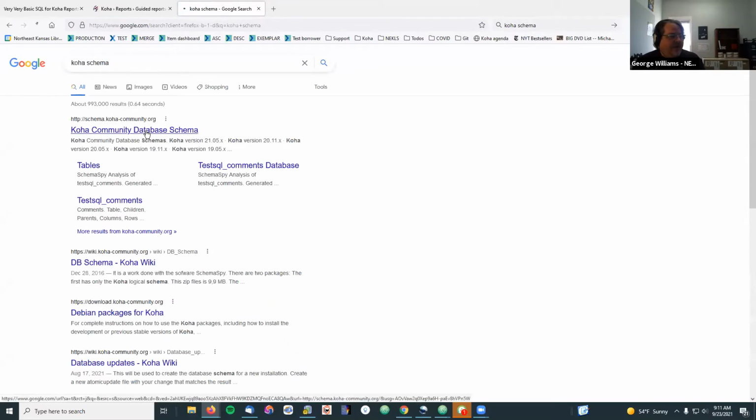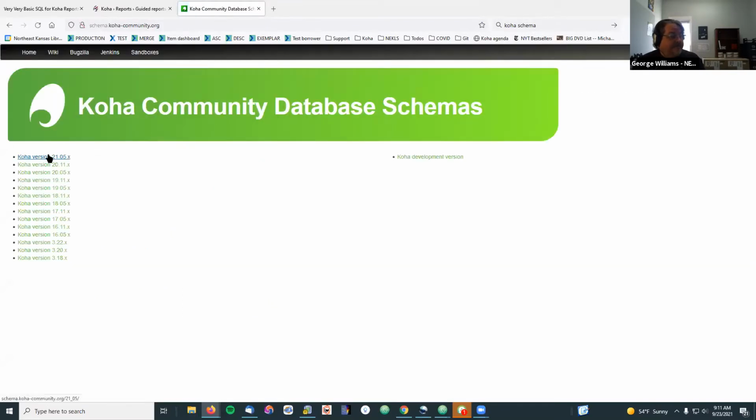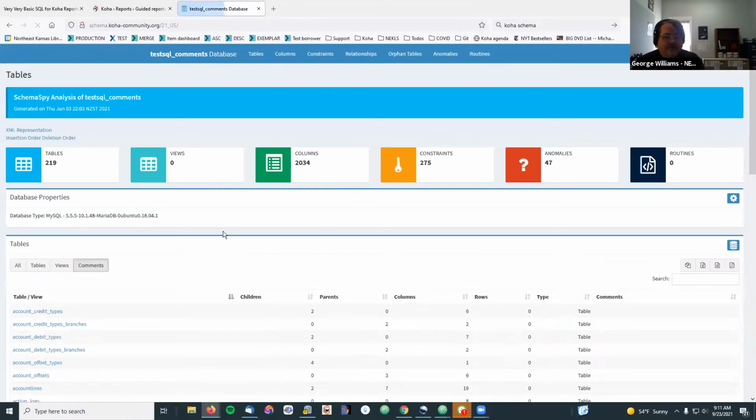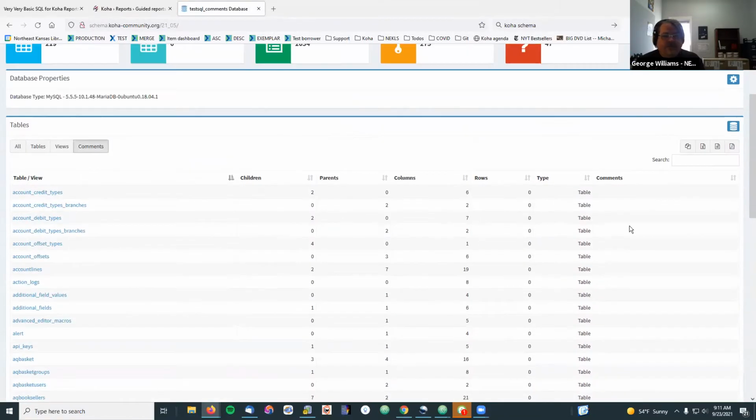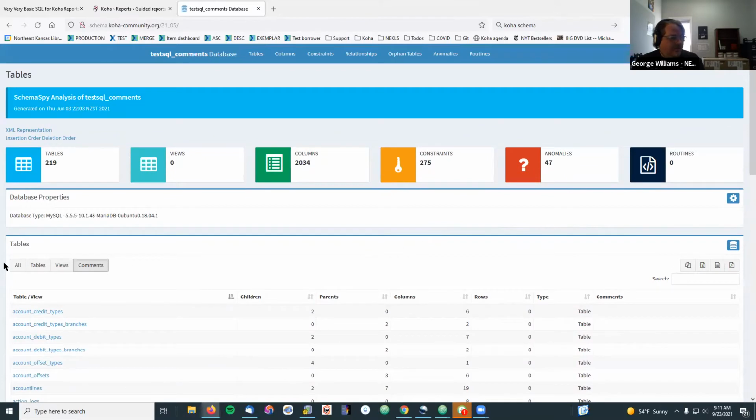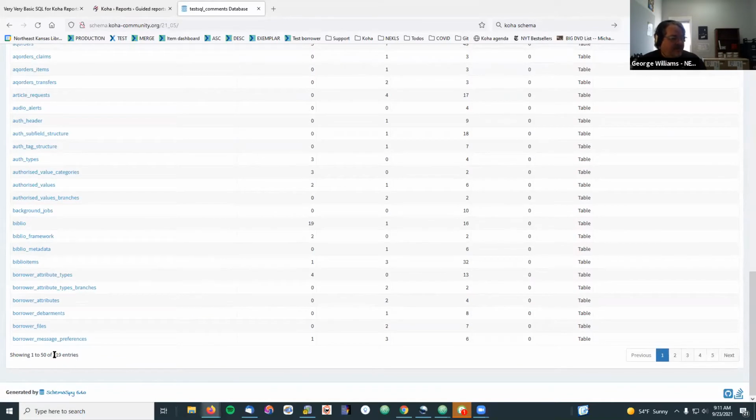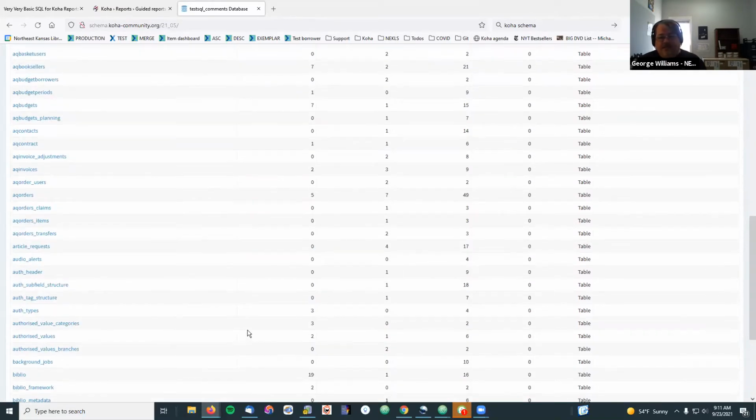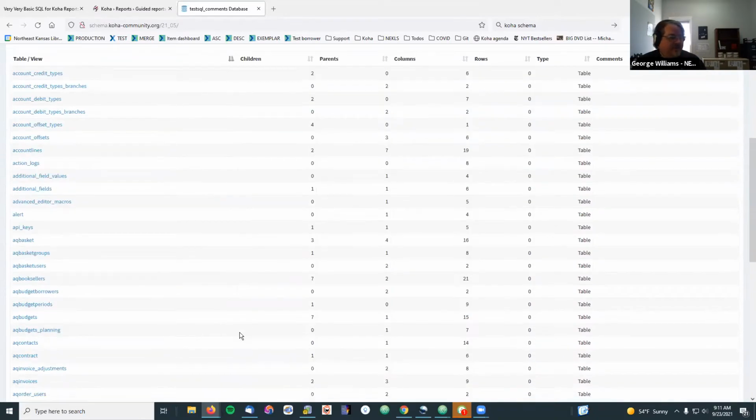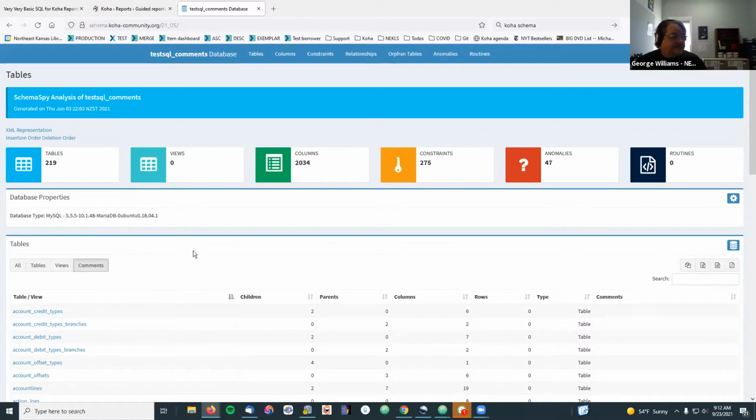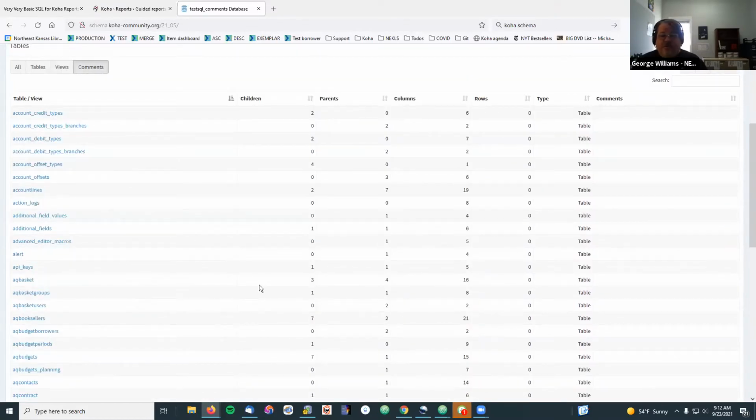But if we go to the Koha community, and we'll just look at 21.05, and we want to show all the tables. These are all the tables. There are 219 tables in Koha that we have access to that we can run reports on. And that guided reports wizard is only letting you create a report based on 3 or 4 of those different tables. For many of these tables, there's no way to create a report using the guided